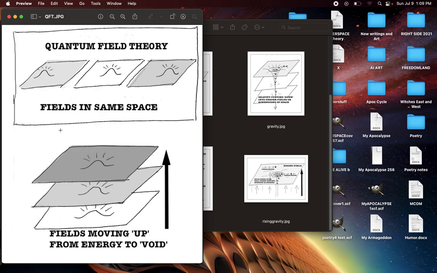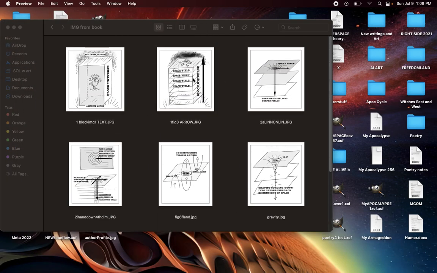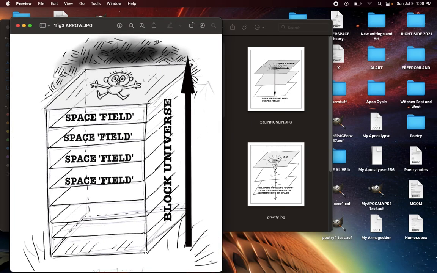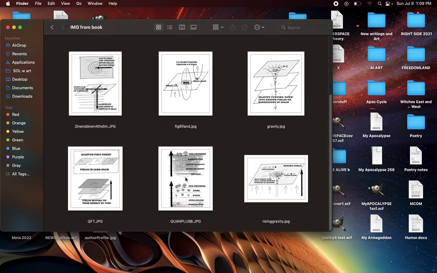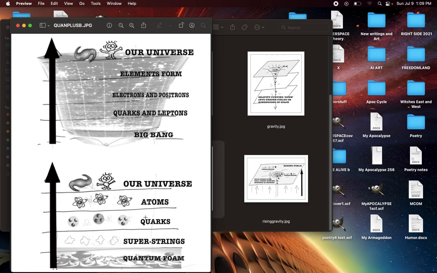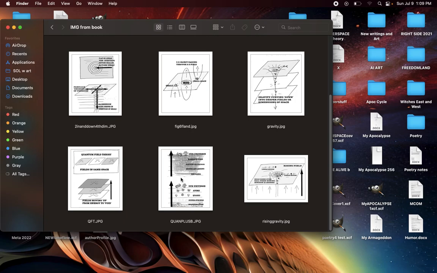interacting. So in superspace theory, as we saw, these fields lie alongside each other, right? Moving from the energetic up to the entropic. So the fields lie alongside each other. And these fields would hold, not necessarily atoms, but if we go down here, quarks, superstrings, and get down to quantum foam, which I won't necessarily get into, but these fields would hold various types of particles.